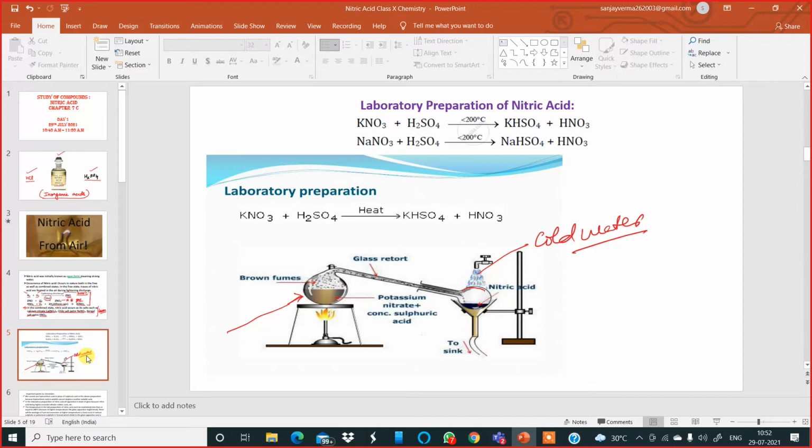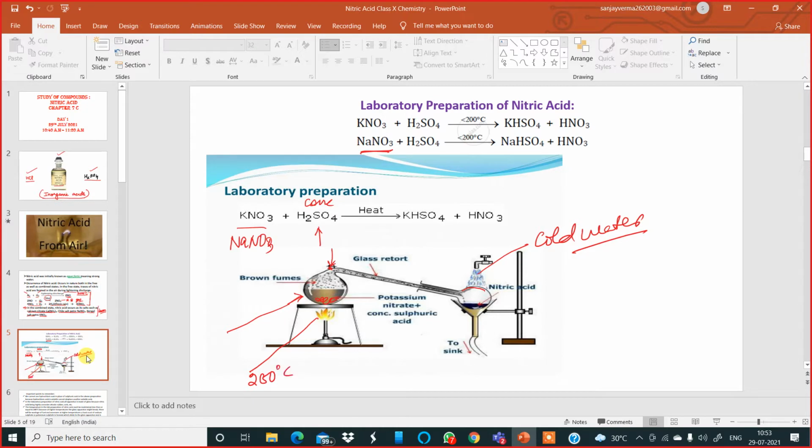Now let us see the reaction part. In this glass retort, we place potassium nitrate salt or sodium nitrate salt, NaNO3. From this glass cap, which is made of glass, we open the cap and pour concentrated sulfuric acid, and ignite the Bunsen burner and maintain the temperature less than or equal to